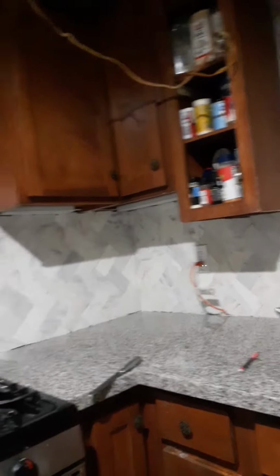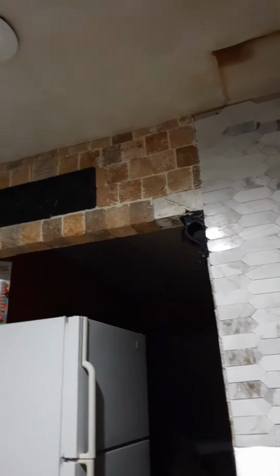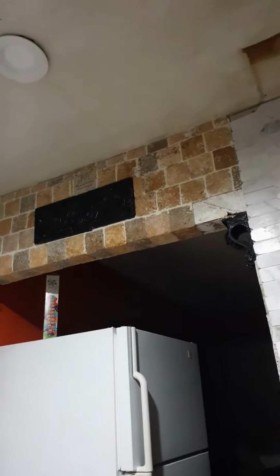of that tile, and then I think I'm gonna go with the same pattern. But I'm really loving how it's coming out, even though it's taking us longer than it should, because both of us are working. So yeah, and I'm trying to take this down, but I don't want to mess up that drywall up under it. So I'm being kind of quite careful, but